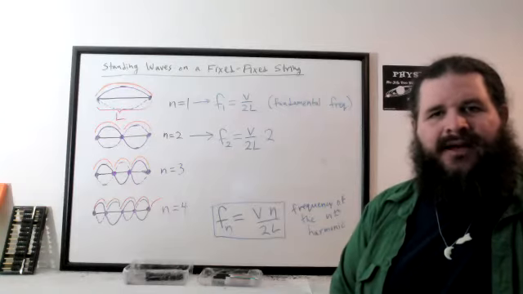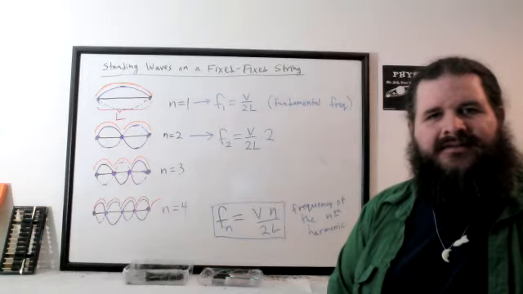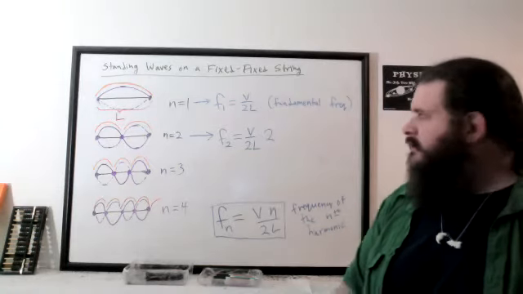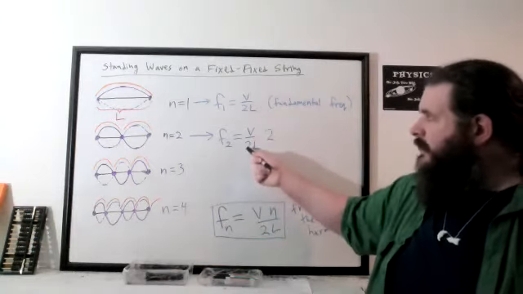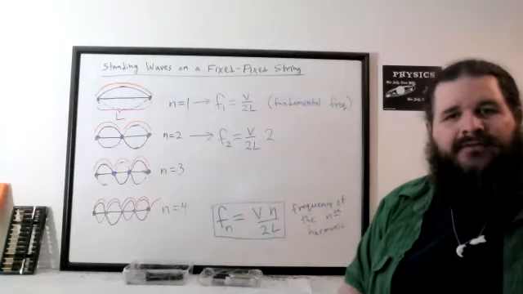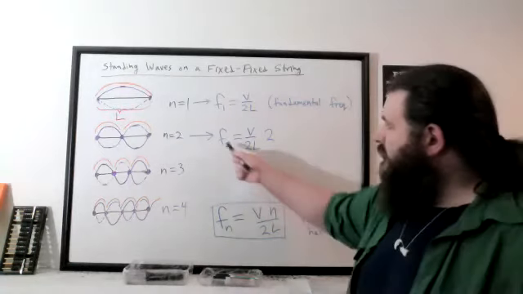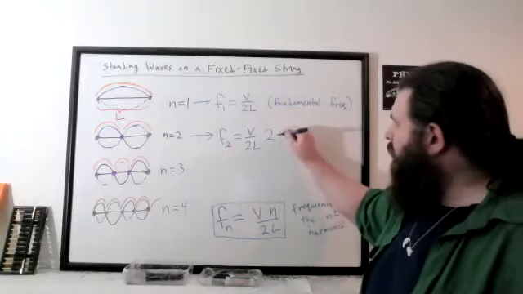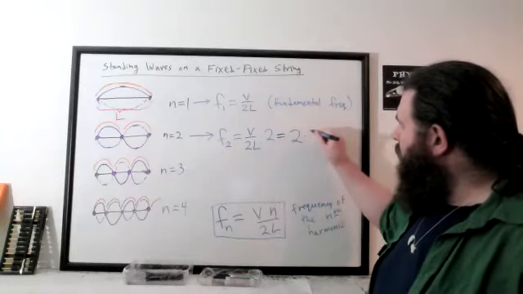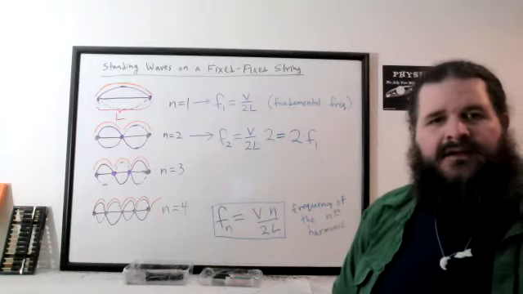What is V over 2L here? Where did we just see that? It's the frequency of the first harmonic. Exactly. V over 2L is the frequency of the first harmonic, the fundamental frequency. So that means the frequency of the second harmonic is actually just 2 times the fundamental frequency, twice as high